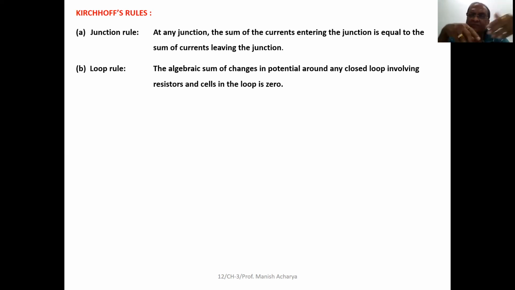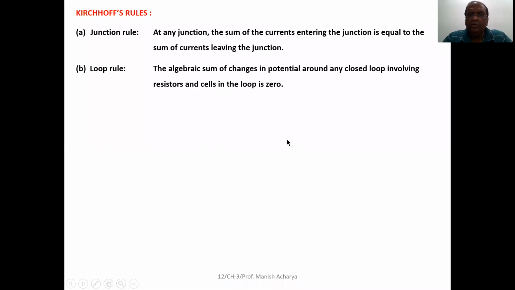So the same junction rule we can represent like this: the total amount of charge entering the junction is equal to the total amount of charge leaving the junction per unit time. So this one is the consequence of the law of conservation of electric charge. Then the second one,